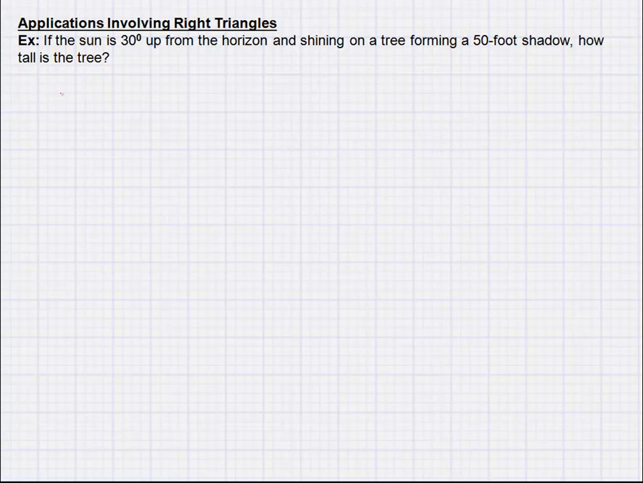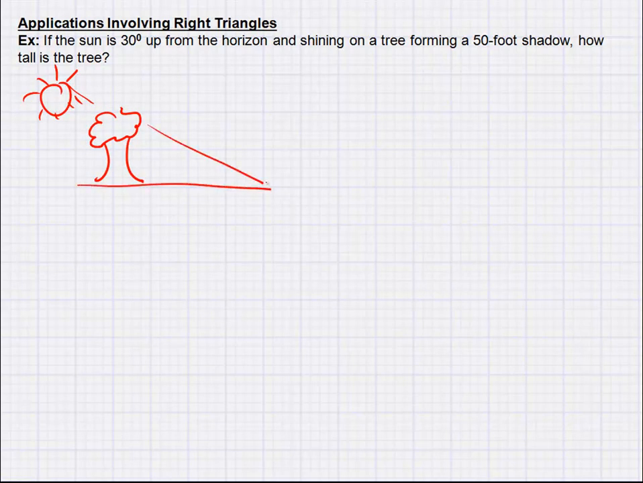So you have your sun. Now you have your tree. It's shining down on the tree. If it says it's 30 degrees up on the horizon, that means this angle right here is 30 degrees. The shadow is this length right here. That's a 50-foot shadow. And what you're looking at really is a right triangle. So if I look at this right triangle right here,